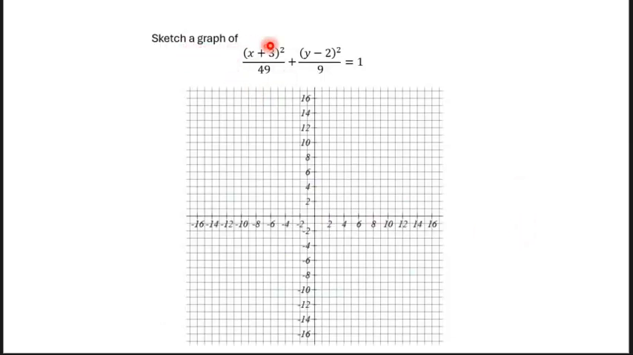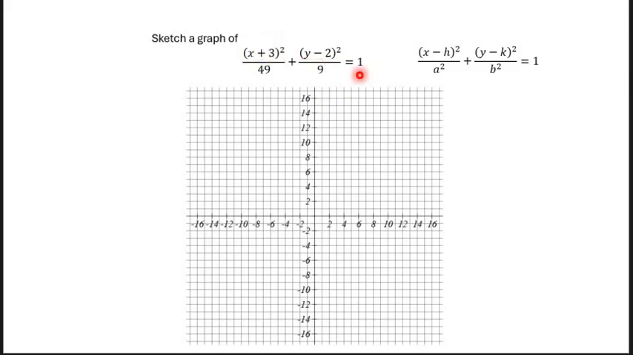Sketch a graph of the ellipse with this equation: (x plus 3) squared over 49 plus (y minus 2) squared over 9 is equal to 1. Let's match this up with the form of the equation that we just saw: (x minus h) squared over a squared plus (y minus k) squared over b squared equals 1. And let's identify the values of h, k, a, and b because they tell us a lot about the shape of the ellipse. Since the first term is x minus h, the only way I can have an x plus 3 here